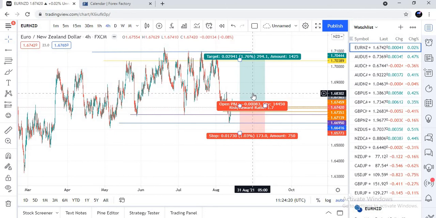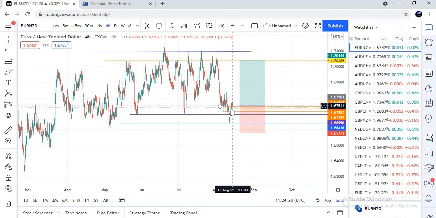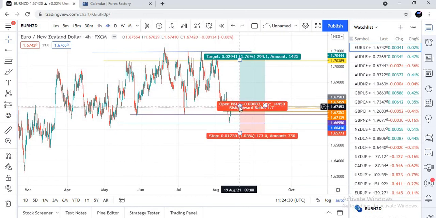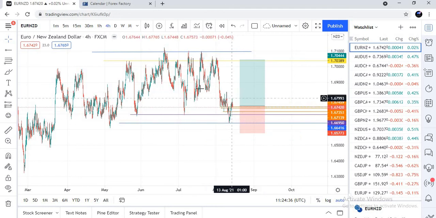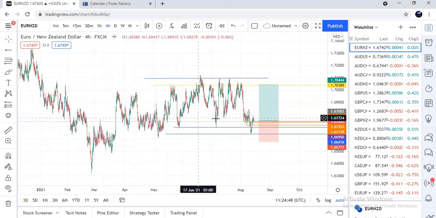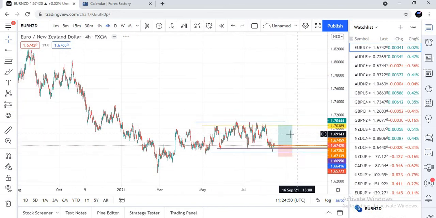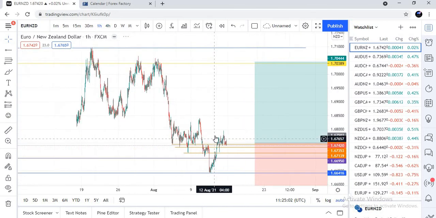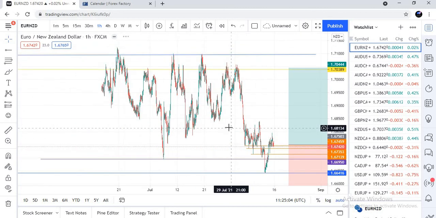People that have a large account can afford to take this kind of trade. They can afford to buy at this level and wait. People that hold millions of dollars in their account can set their stop loss to about 100 pips for this trade, and it's not really going to affect them. They'll just wait and see if the price is going to be buying, because on the 4-hour time frame, this is a really bullish movement. So I think that is all we have for the EURNZD. We're just going to be watching how this moves for this week.